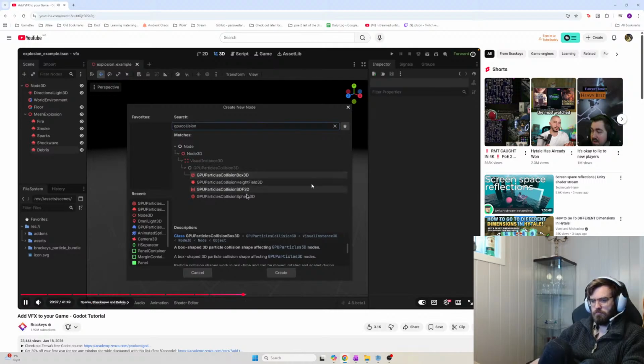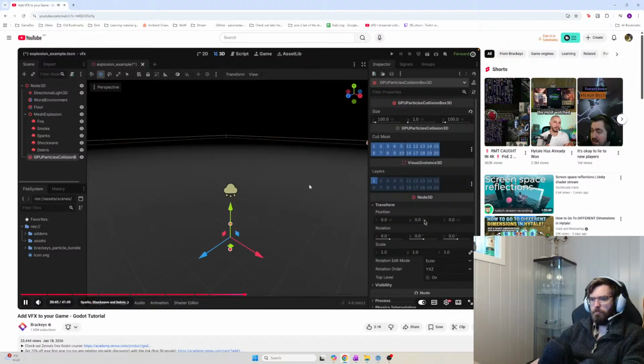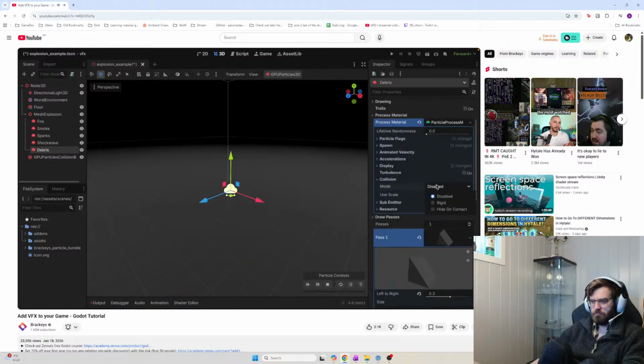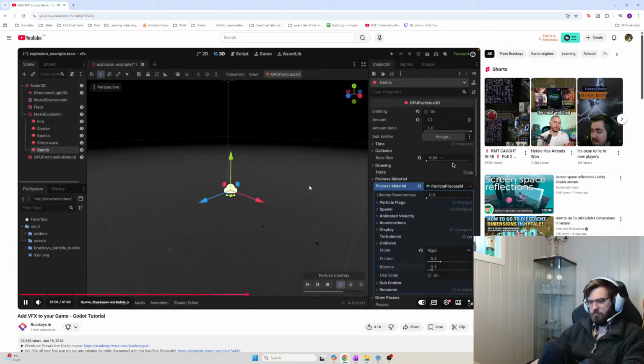Collision nodes that the GPU particles can see. There are actually a few different types for different shapes, but in this case a box is all we need. I just lined it up with the floor. And now in the process material we can turn on collision and adjust friction and bounce as needed. Note that there is also a setting hiding in the base particle settings for adjusting the size of the collision sphere that the particles use. So if particles